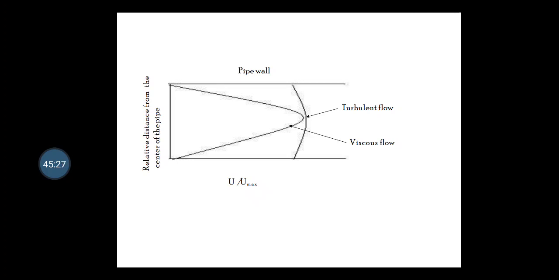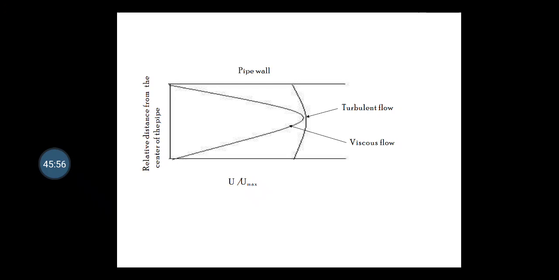At the actual surface of the pipe wall, the velocity of the fluid is zero. Concentrate on my words. My first point related to this diagram is that the flow of fluid in the middle of the pipe is faster than the fluid nearer to the wall. The velocity of the fluid approaches zero as the pipe wall is approached. At the actual surface of the pipe wall, the velocity of the fluid is zero.